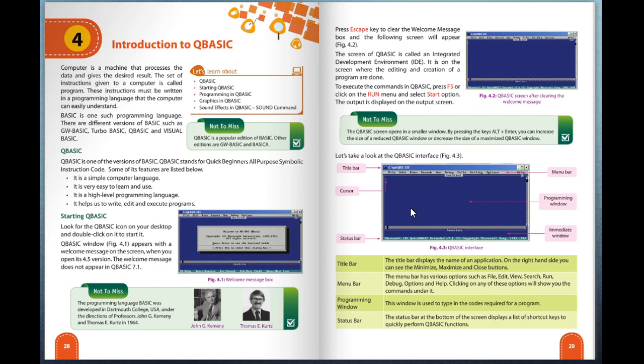Cursor: the cursor at the top left corner of the screen indicates where you should start typing. Immediate window: the space shows the immediate execution and output of the print command.